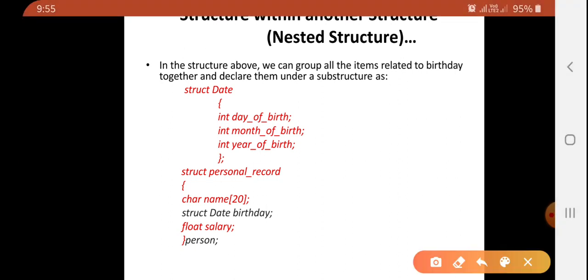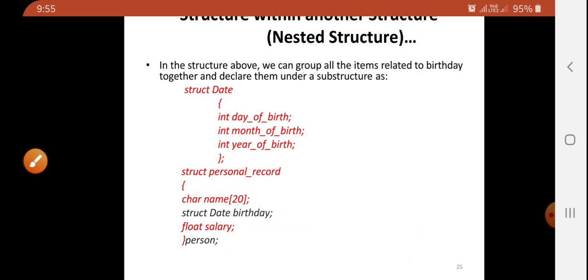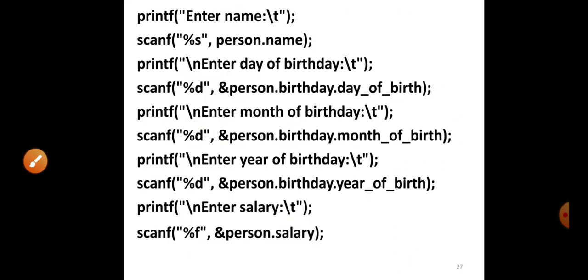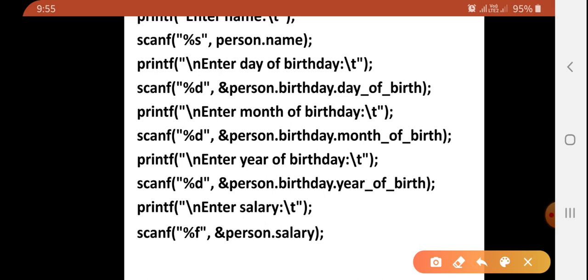Normally we have to write outer structure name dot inner structure name dot variable name. So your inner structure variable can be accessed using outer structure variable dot inner structure variable dot your variable name. Okay, so this is just the example.